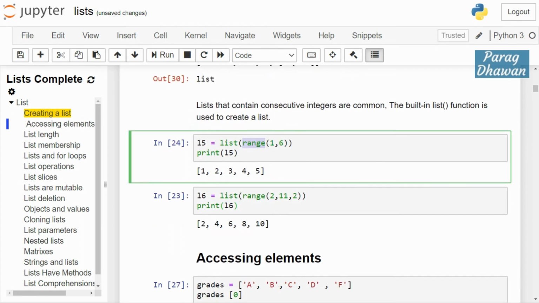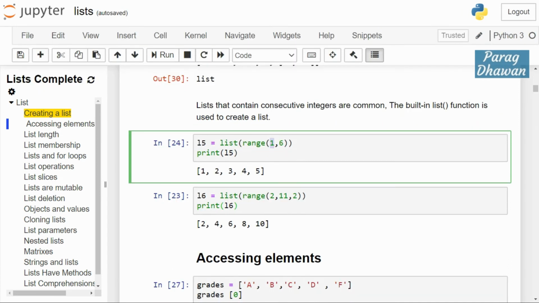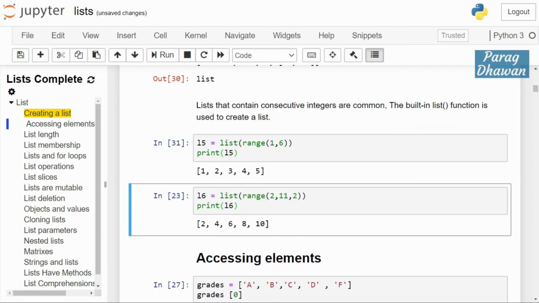For example, in this case, we are creating a list from 1 to 5 where the start value is 1 and the stop value we require is 5, therefore we write 6, meaning from 1 it will run to 6 minus 1, that is 5. If you are not specifying the step size, then it will increment by 1: 1, 2, 3, 4, 5, and it will stop. By default the step size is 1. Click on the cell, run the cell, you see the output is 1, 2, 3, 4, 5.